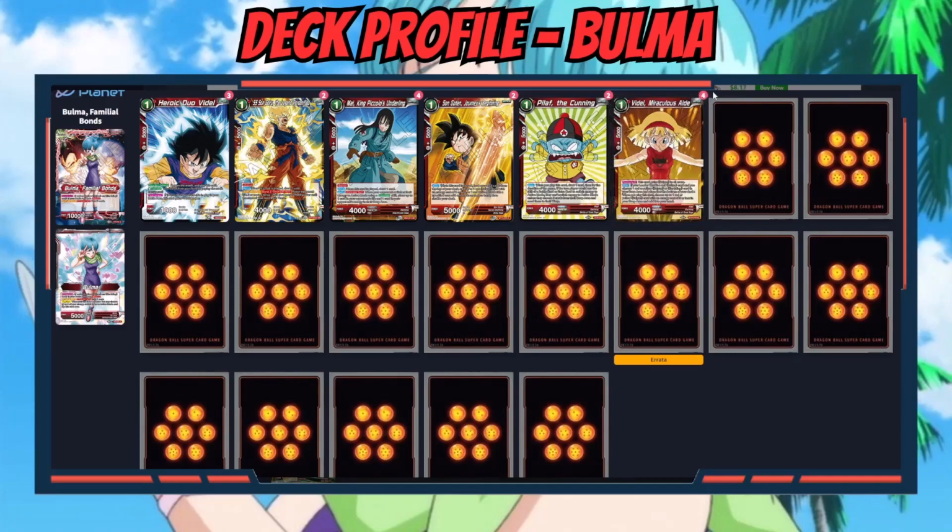Then we have one of the best cards in the deck, and that is Videl, Miraculous Aid. This is one that's exclusive to the Bulma deck, and it is really nice and can be searched for by Goten, because remember Goten only searched for red Saiyans, but this one has a permanent where this card gains Saiyan in all areas. So even though it's a red Earthling, it also gains Saiyan as well, which is very, very cool. So it's searchable off things like Goten and recyclable with itself,